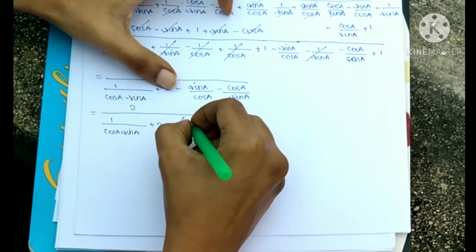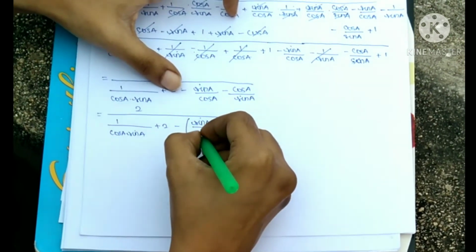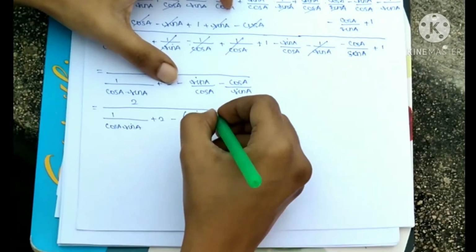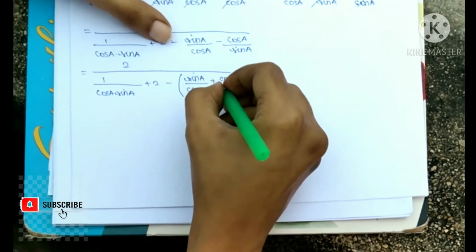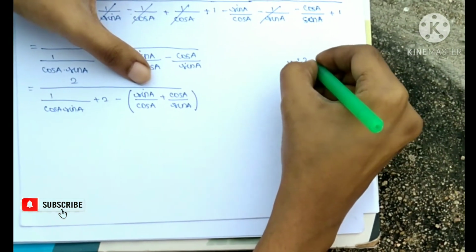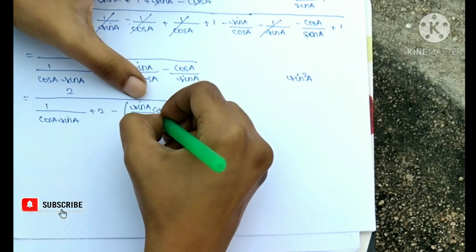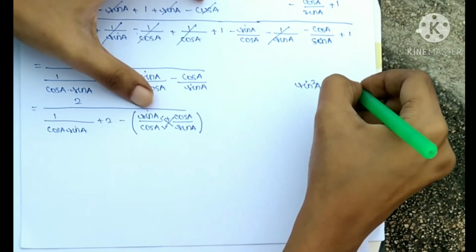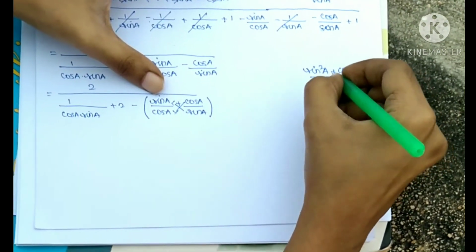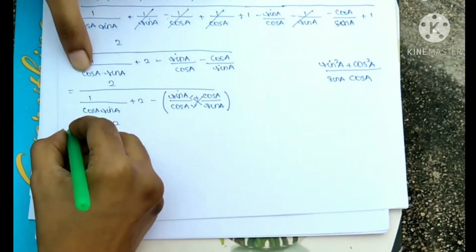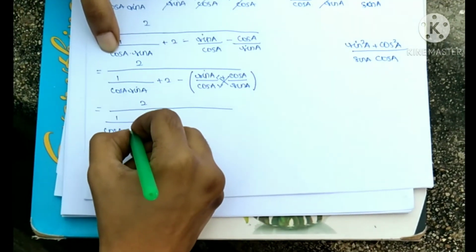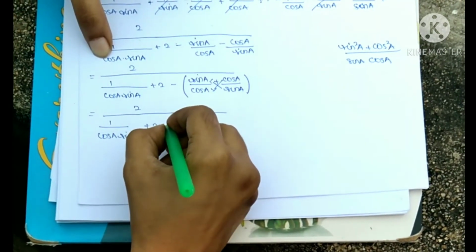In this, common minus I taken out, meaning sin A by cos A plus cos A by sin A. Why I taken out minus outside: minus into plus gives minus, again the term comes. Okay, now this term, cross multiply, meaning sin square A, multiply numerator denominator, sin A into cos A, cos into cos square A, sin A into cos A. We know sin square A plus cos square A what? 1. Just apply here. Our numerator 2 remains same. Here 1 by cos A into sin A plus 2.